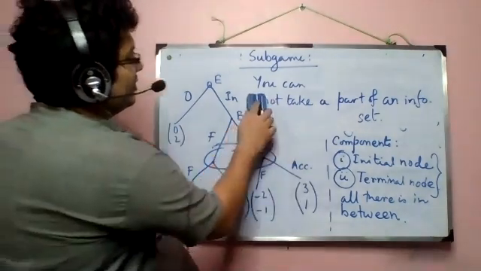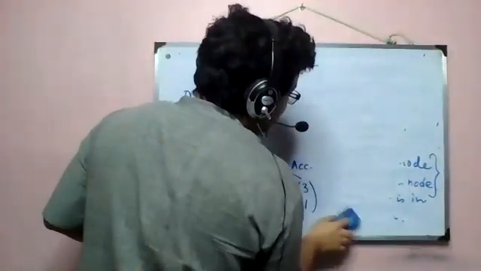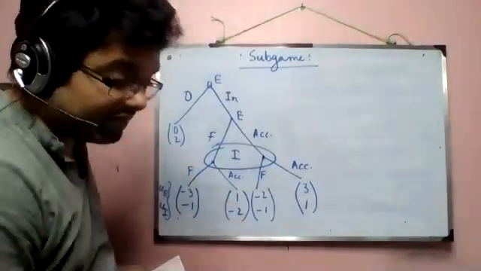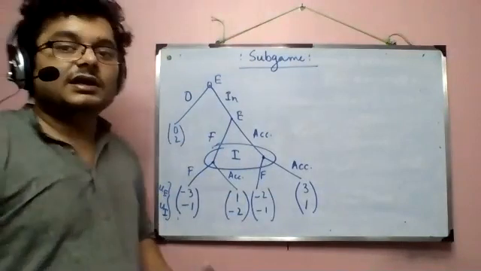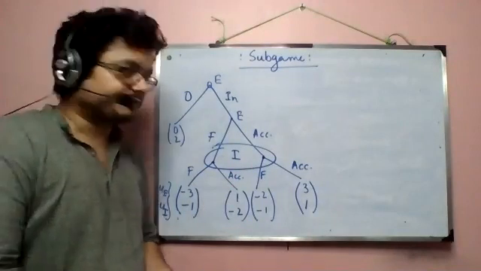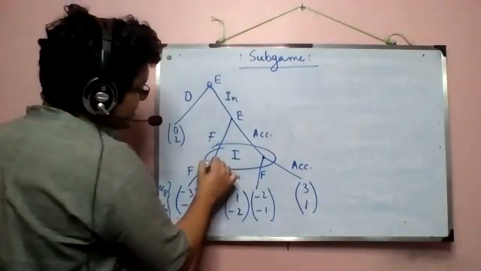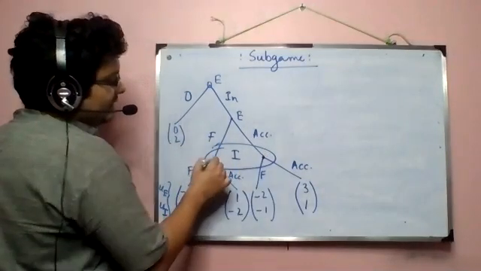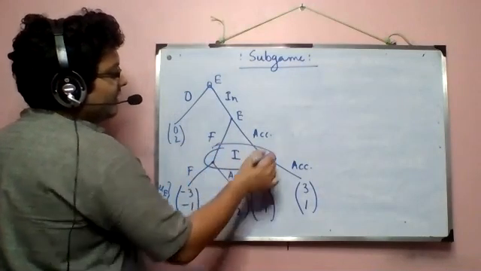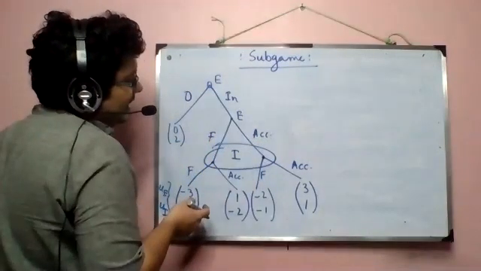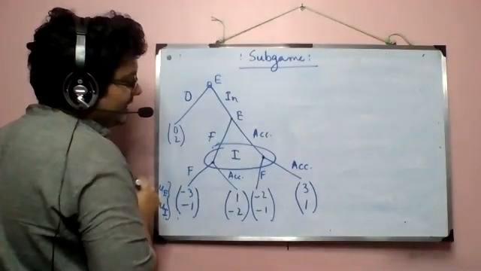Note that currently we are not really interested in solving this game, but we are more interested in finding the correct subgames out of this game. Because if you make a mistake in taking the subgames, then definitely your solution will be wrong. So you cannot start with this node, because if you start with this node, then you have to take this node. And if you take these two nodes belonging to a bigger information set, or a doubleton, then none of them will qualify as an initial node.